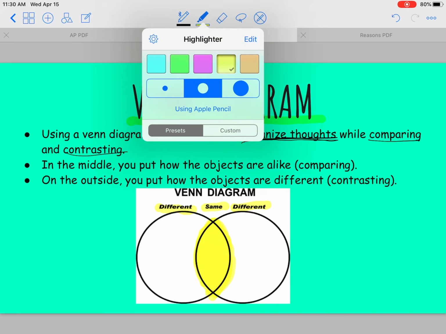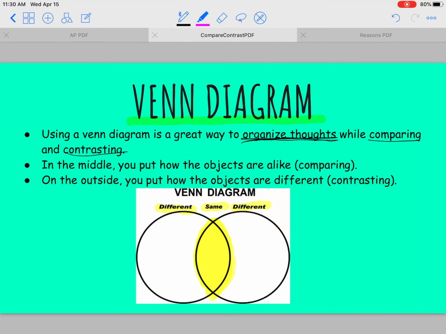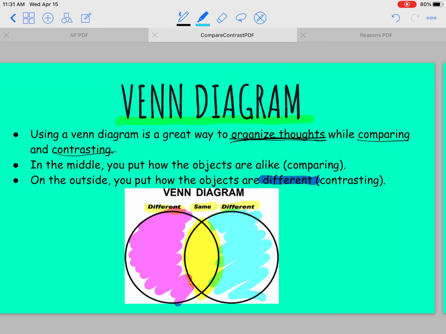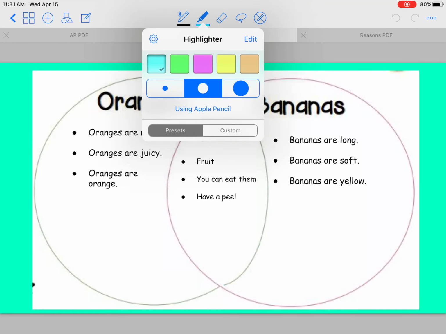Okay? Now, the part on the outside is where you put objects that are different, so contrasting. So this will be object 1, and this part over here will be object 2. As you can tell, these parts are not touching, so these are ways that they are different. And we're actually going to use the same objects we used earlier to get a little bit of practice doing this, and then you can add some of your own points if you would like. All right, so we're going to use the same